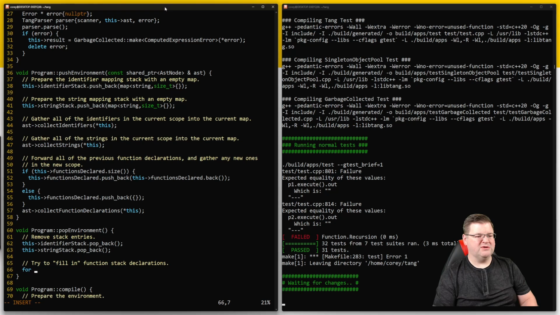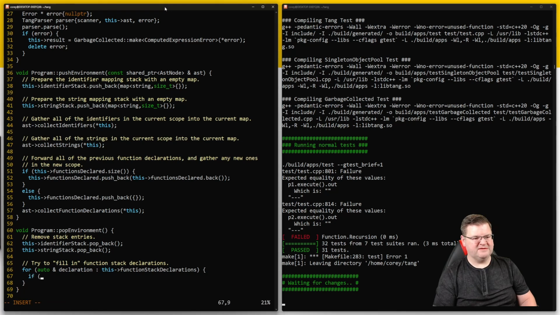Well, we're going to say for auto ampersand declaration, and we're going through this function stack declarations. Okay, go through that, and